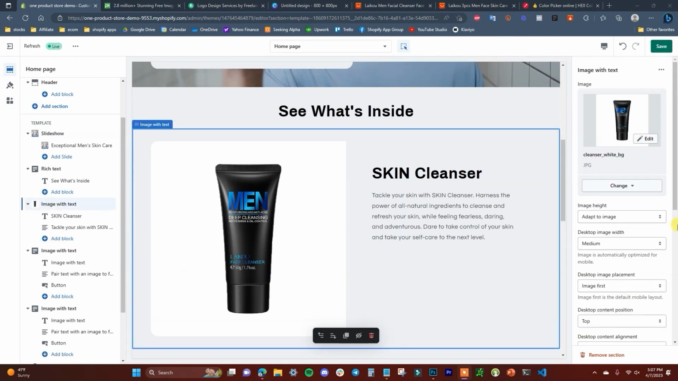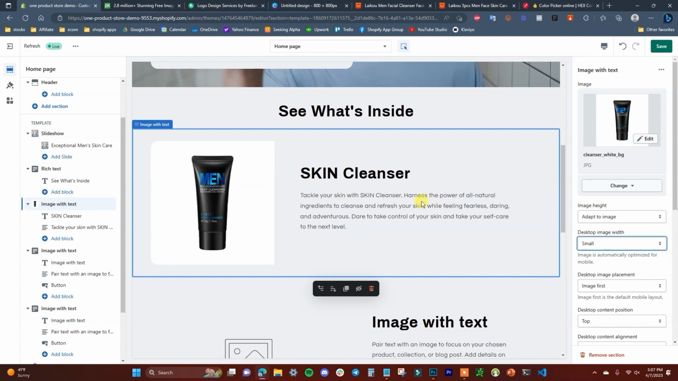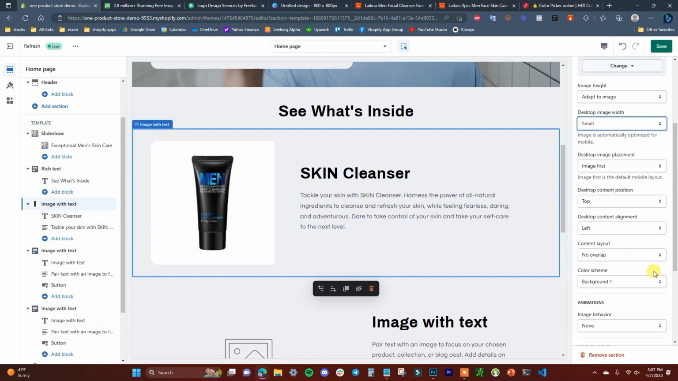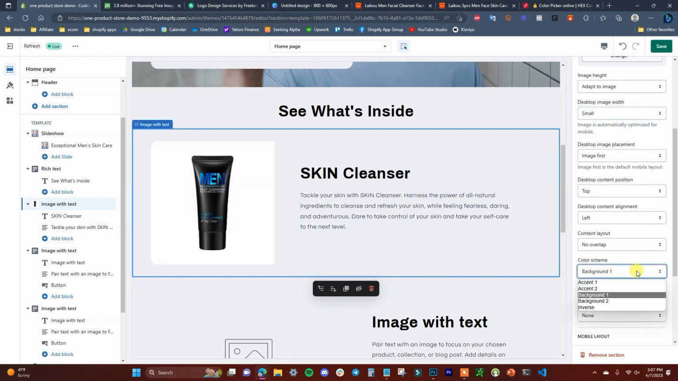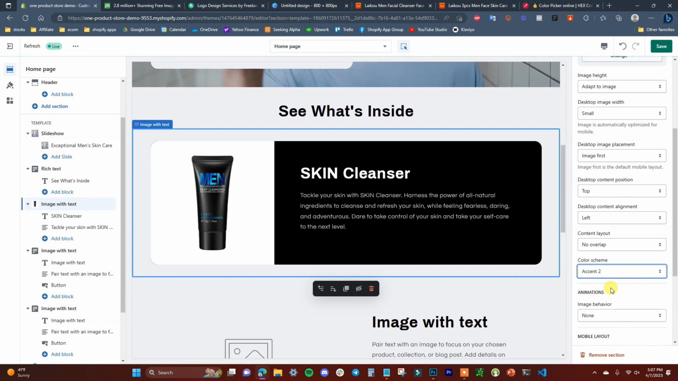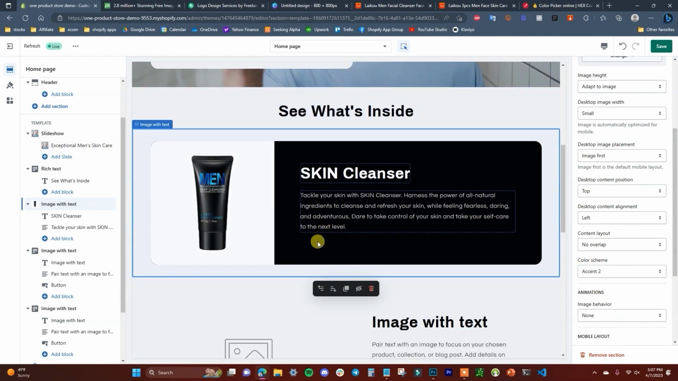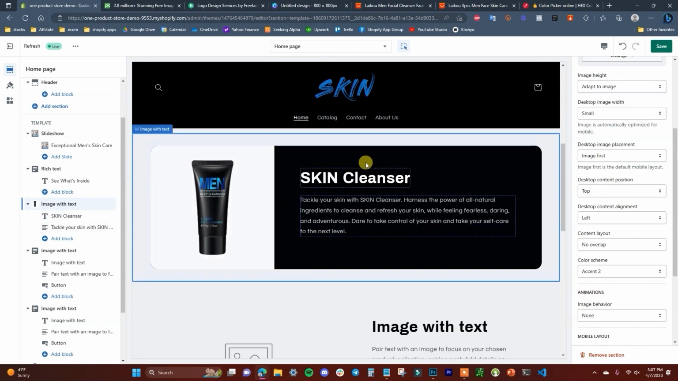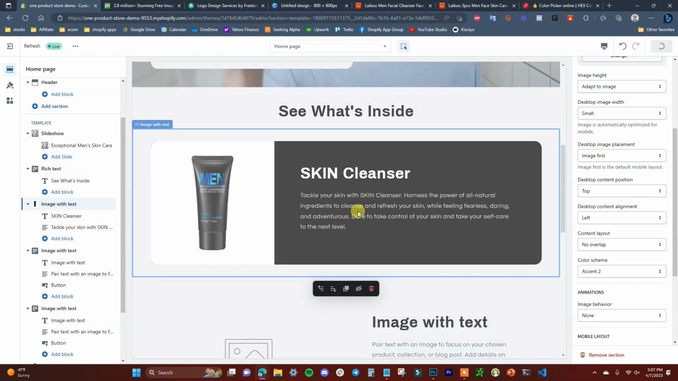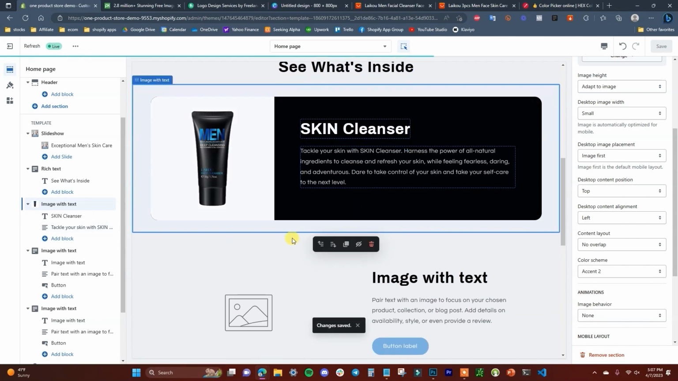And actually, I'm going to come back here, change the image height to adapt, but I'm going to change the image width to small. And I think that looks a little bit better. And you can play around with which color schemes you like too. So in this case, I'm going to go with, let's look at these different ones. Yeah, I'm going to go with accent 2. I think the black is a good looking contrast in this scenario. So I'm going to click save,